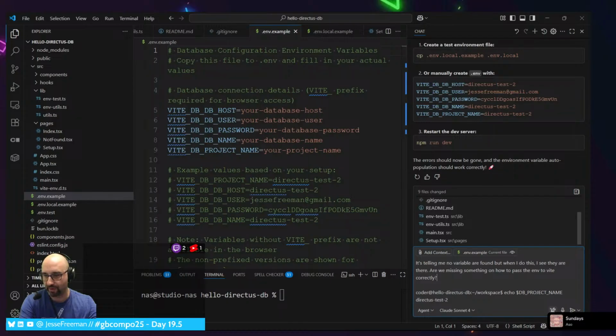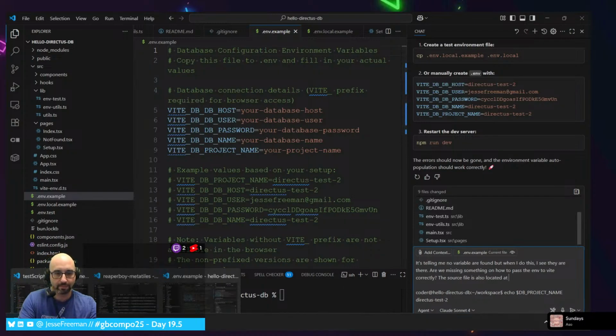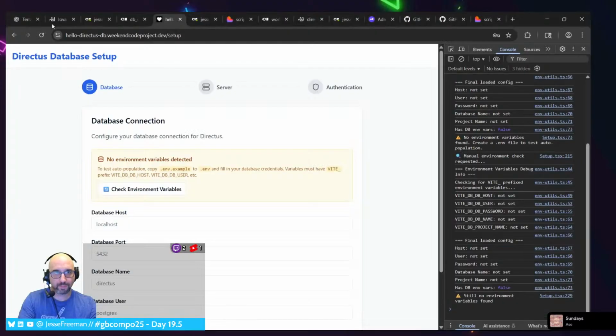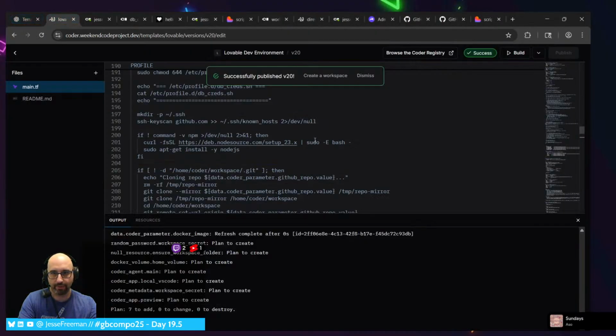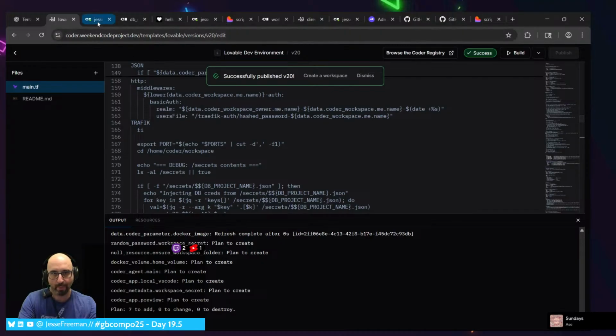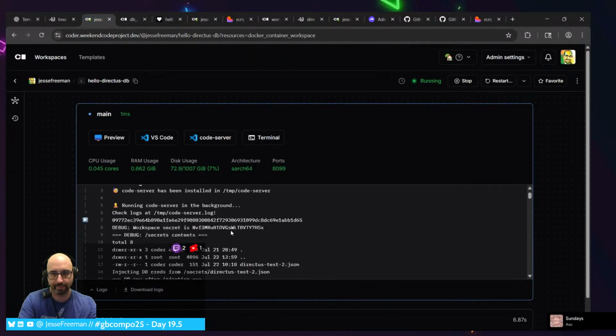Let's put this here. The source file is also located at... where does it output this thing to? That's in here.